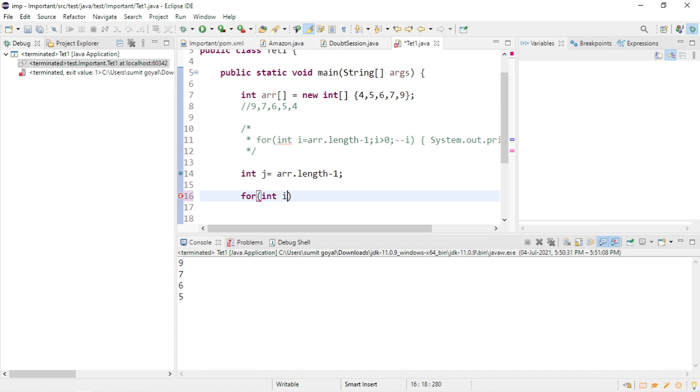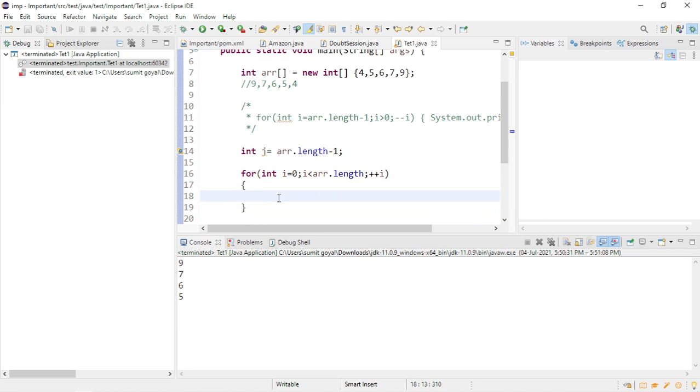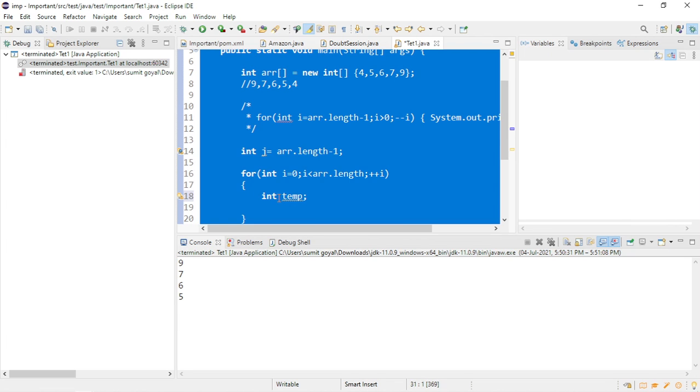Now I will run one i loop: i less than array dot length, incrementing the value of i. And inside that, I will take one temp variable. We will swap the numbers basically for reversing.